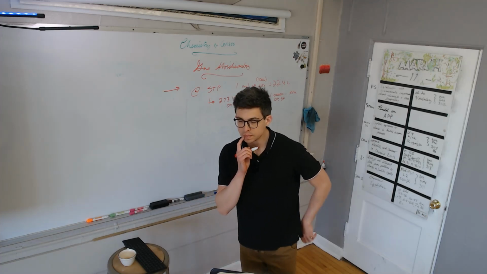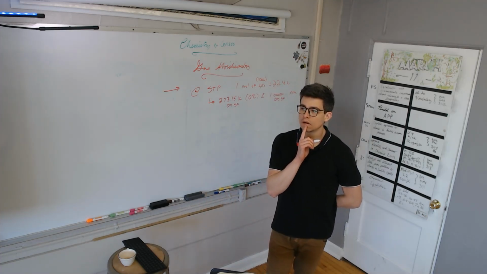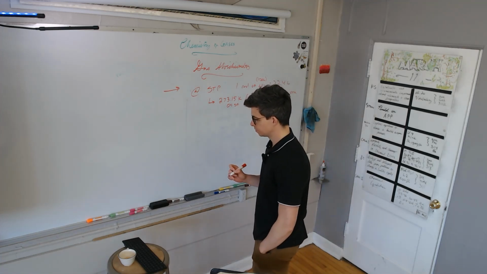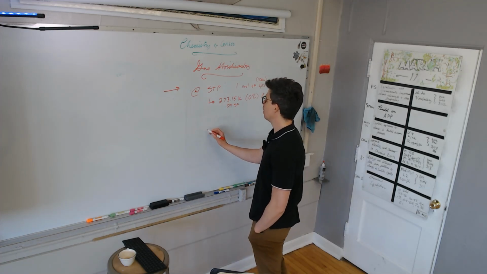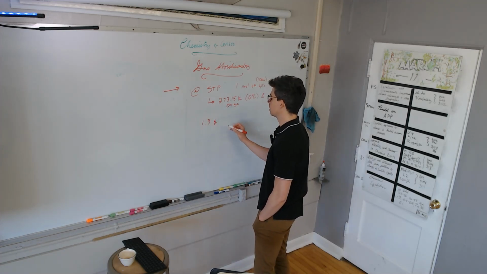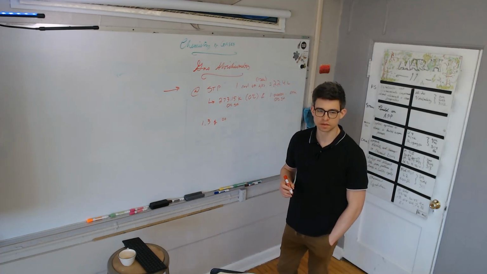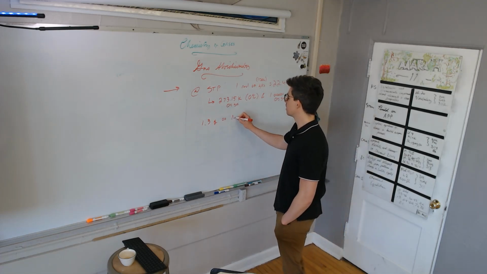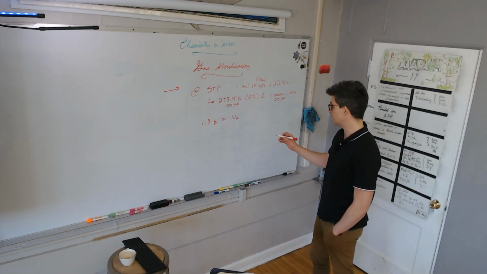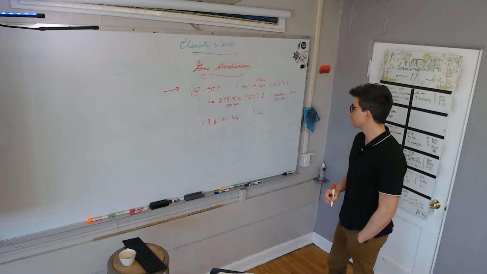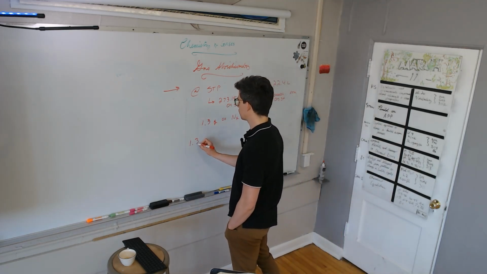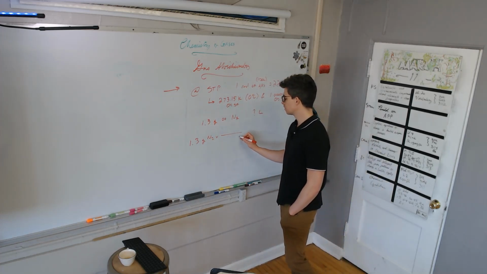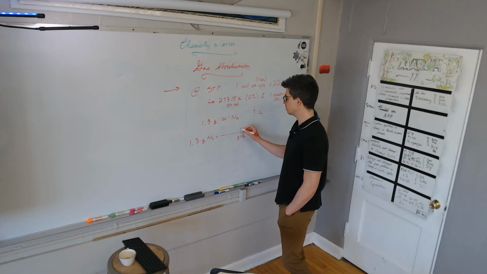And so, let's say at STP, we have 1.3 grams of, can you give me an example of a gas? Yeah, nitrogen, good. So 1.3 grams of N2, and we want to find the volume of that. Well, all we have to do is just a conversion. 1.3 grams of nitrogen. We're going to go from, can you guess? Yep, grams of nitrogen to